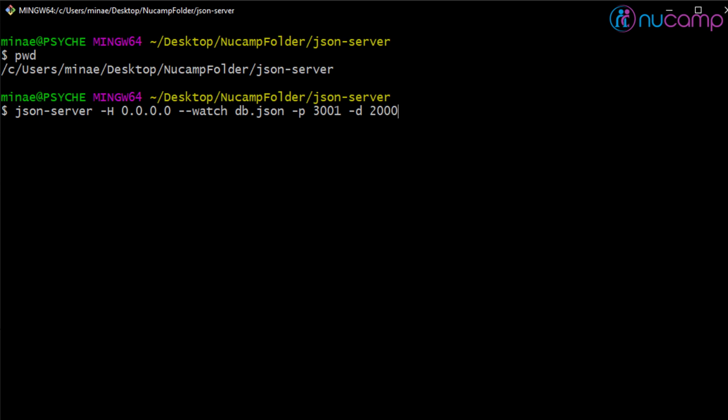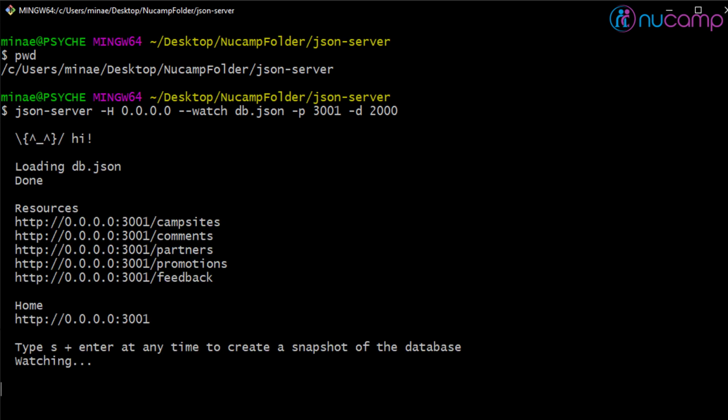Then this -d 2000 number is to simulate a delay of 2000 milliseconds. It's like what we were doing with the setTimeout function before to simulate communicating with the server over the internet instead of just on our own computers. You will want to copy this entire command down somewhere that you can find easily, because we'll be using it again in future exercises. Then go ahead and press enter, and you should see that the JSON server starts up